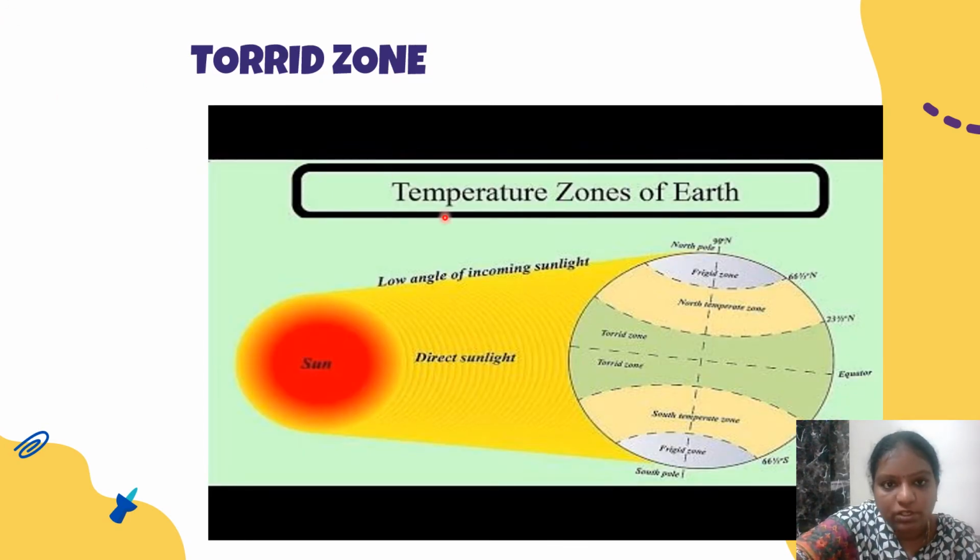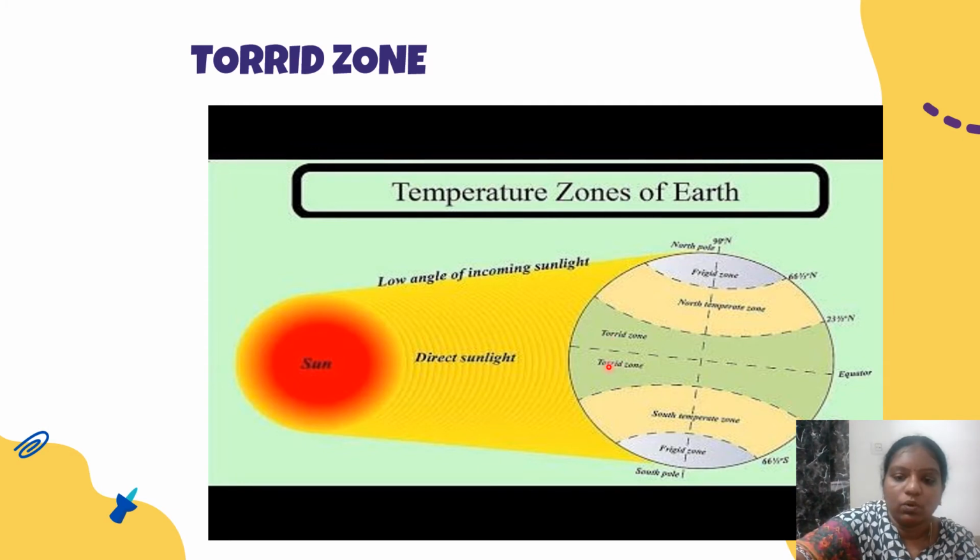Children, in this picture you can see the earth as well as the sun. The sun's direct sunlight is falling on the middle part of the earth, right? Since the short rays or the direct sunlight fall on the center part of the earth, the climate in these places which lie in torrid zone will be very hot. The temperature will be very high in the places near the torrid zone. It lies between Tropic of Cancer and Tropic of Capricorn. This place is called torrid zone.